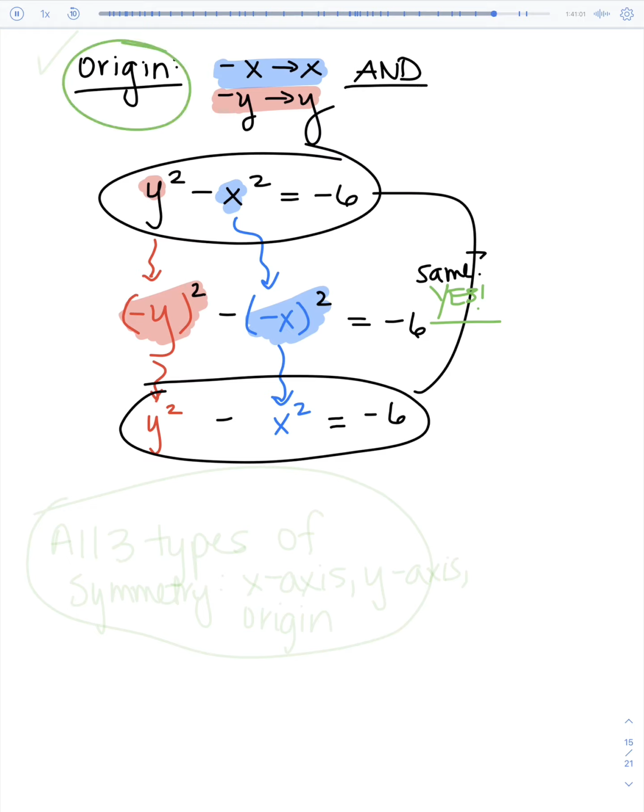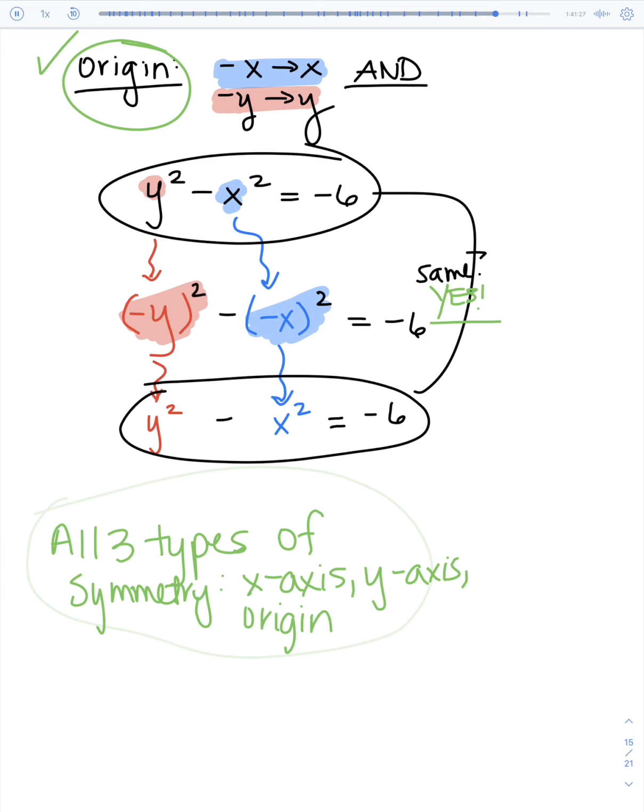So what does that mean about origin symmetry? It also has that, which means at the end of the day that this problem has all three types of symmetry. So it has x-axis symmetry, y-axis symmetry, and it has origin symmetry. All three. Now let's